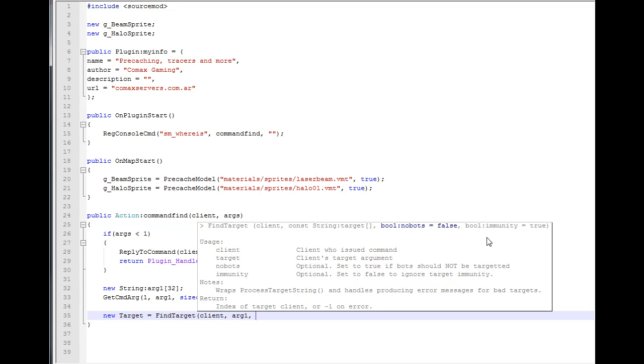Immunity. You know how SourceMod has immunity: if you have an immunity of 45 and you want to target someone with a higher immunity than you have, it's going to say you cannot target this player. If you set this to true, it's going to execute the target finder with filtering the immunity. It's going to check if your immunity is lower or higher. But if you set this to false, it's going to ignore the immunity. So yeah,